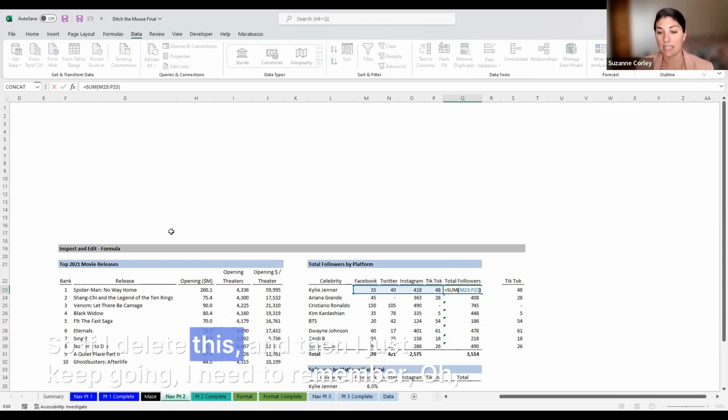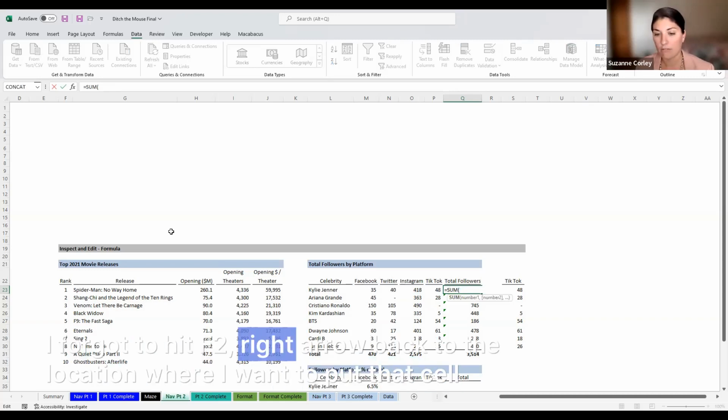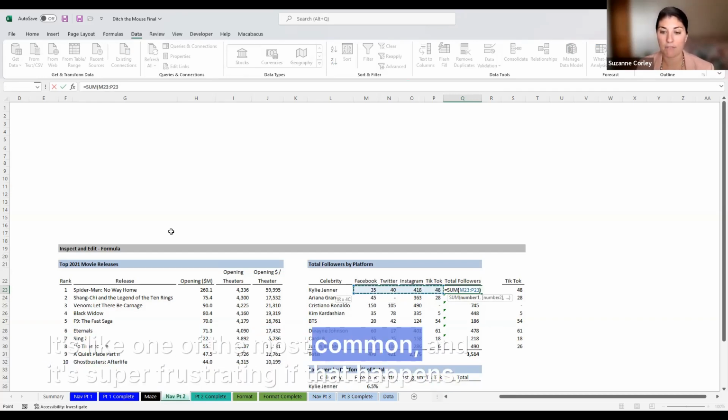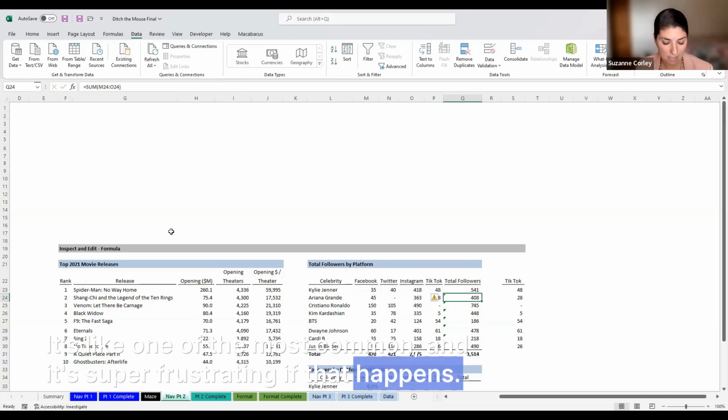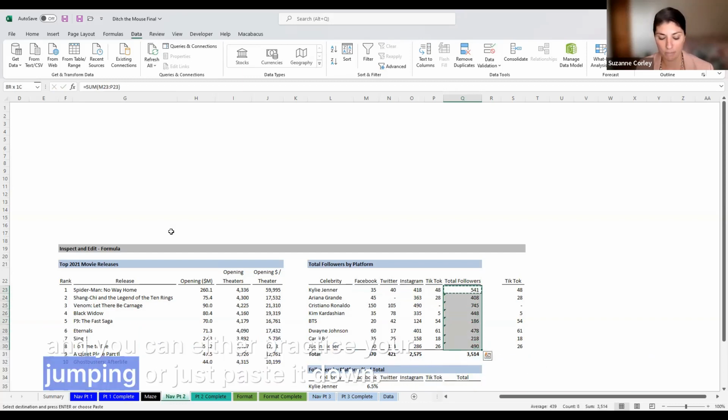So if I delete this and then I just keep going, I need to remember, oh, I forgot to hit F2, right arrow back to the location where I want to put that cell reference and then hit F2. It's one of the most common mistakes, and it's super frustrating if that happens. And then practice copying that, Control or Command C, and you can either practice your jumping or just paste it